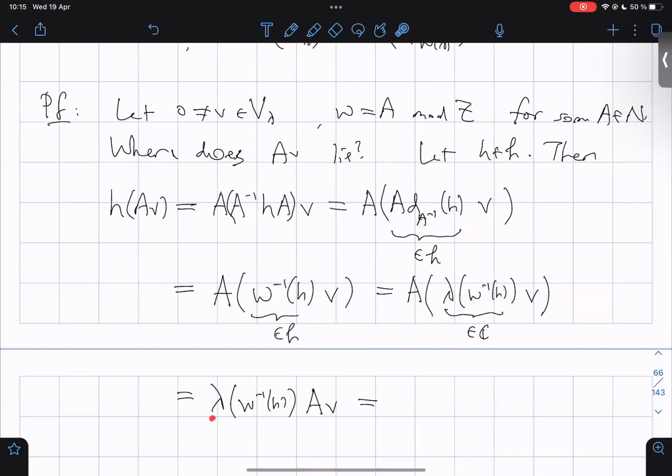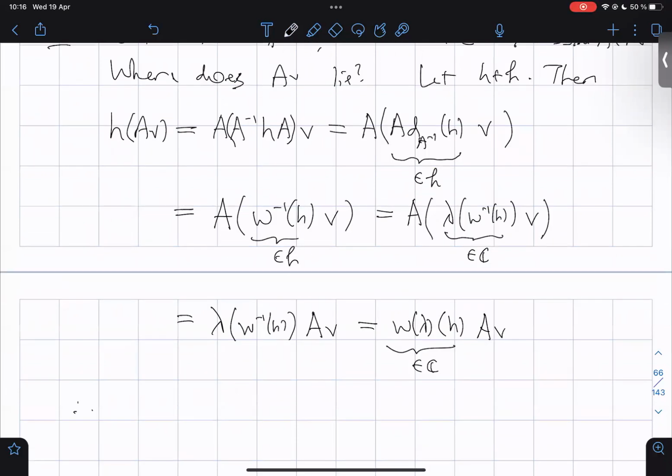And here I have lambda composed with W inverse. So that's the definition of W of lambda. So we take that covector, let it act on H, and that is a number, and it acts on AV. So therefore,